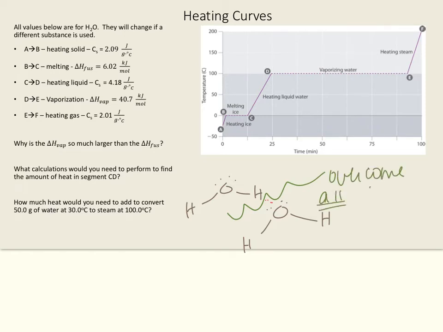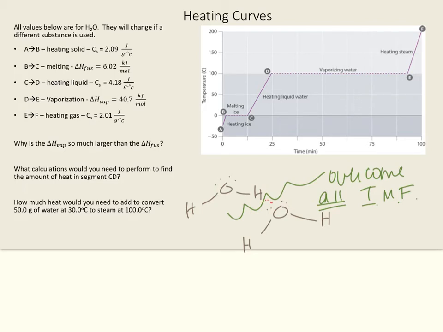and so it has to overcome all intermolecular forces. And that's why the delta H of vaporization, I'm sorry, is always going to be so much larger, right? This is much longer than this is because we have to overcome those intermolecular forces. So if it has hydrogen bonding, it will have an even bigger delta H of vaporization than something that only has London dispersion forces. Okay,